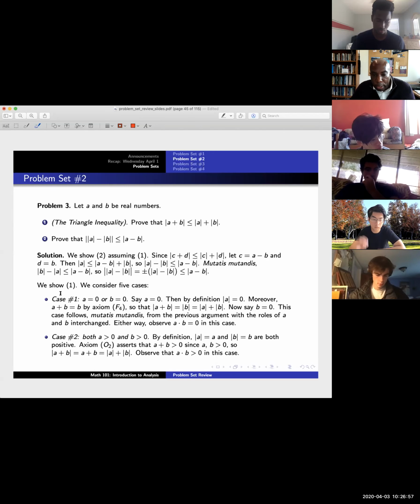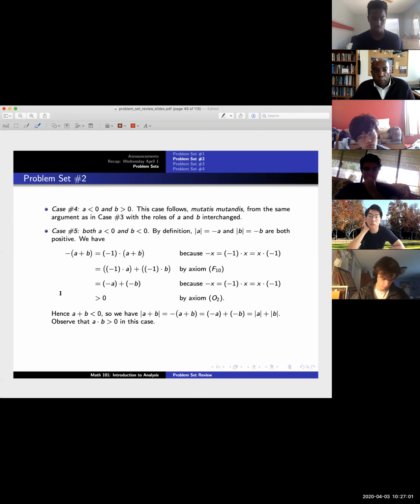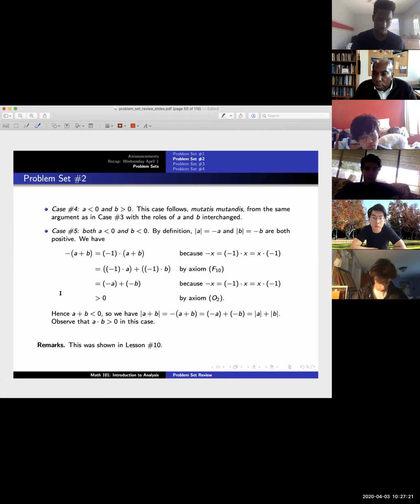You can see that it's basically 5 cases that you have to work through. So again, you can feel perfectly comfortable to copy what's here in your own write-up, or you can come up with your own write-up. Part of the reason I'm putting it here is just to say we did it in class, it's already in the lecture notes. So you can feel free to do this however you like. Okay, so any questions on this problem?